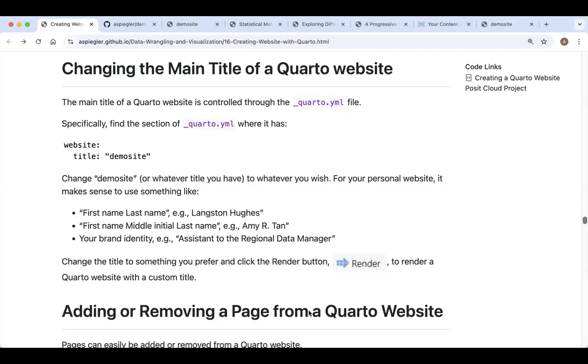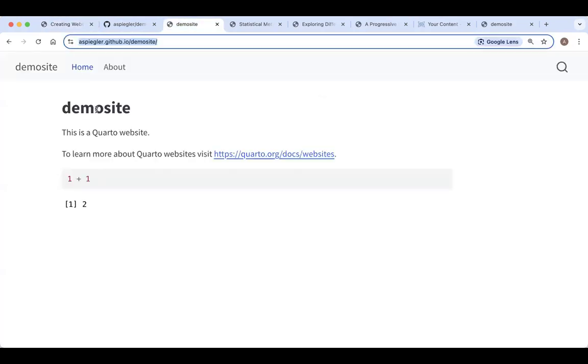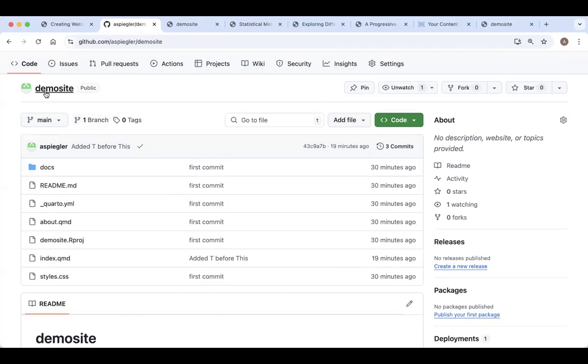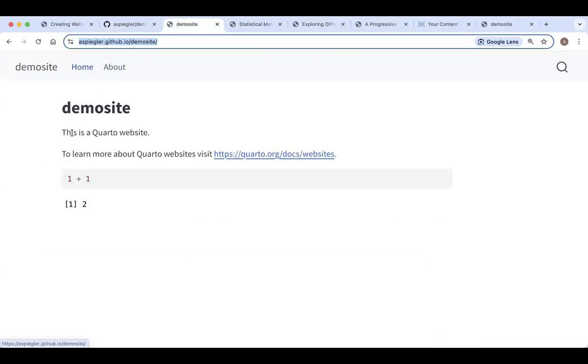Okay, welcome. So we are going to make some changes to our Quarto website and then talk about how we can commit those changes into GitHub and update our website. So far I've got some files locally on my computer that I can edit using RStudio or Posit Cloud. And then I've got a GitHub repo that I call demo site, where those same files are located under version control. And from these files, we configured our GitHub pages to publish the website using this address,